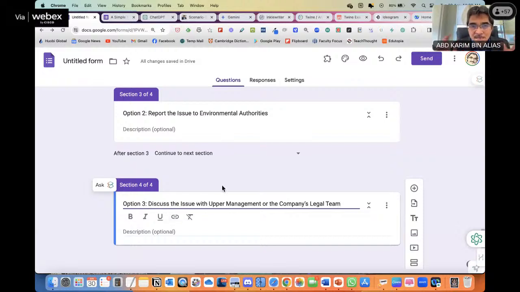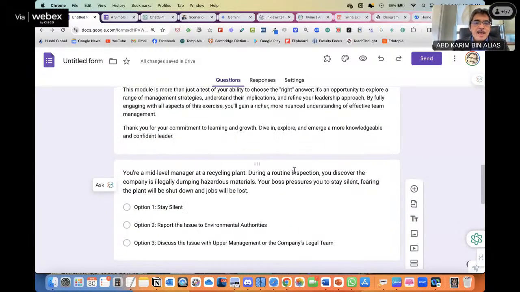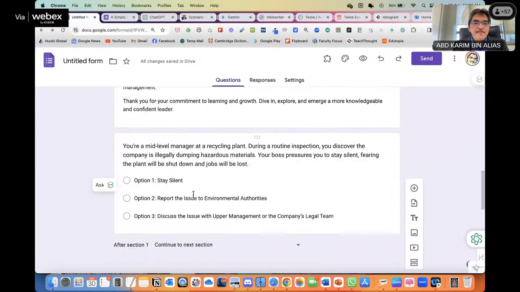That is where the branching, or conditional logic, comes in. We call it conditional logic in Google Forms, and this is how the students jump to different sections for different options, and then they can go back and choose another option and go to another section, and so on. So now let's go back to the first one here.